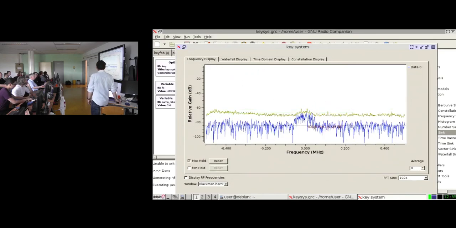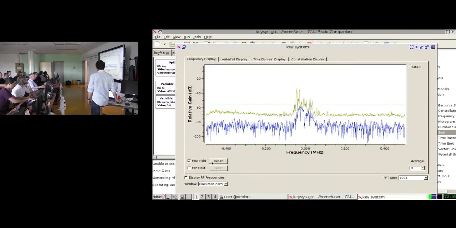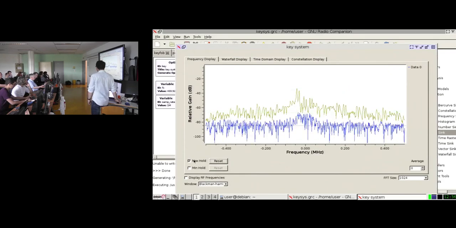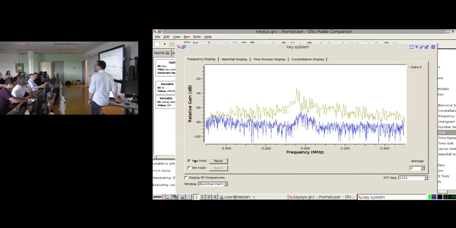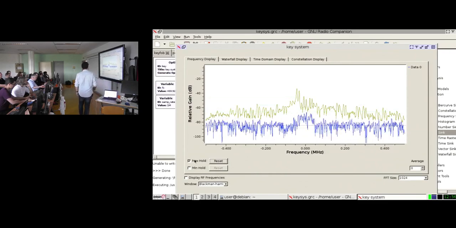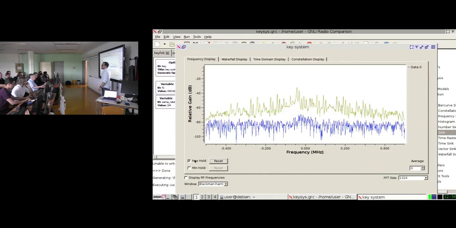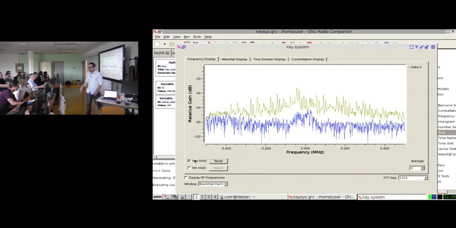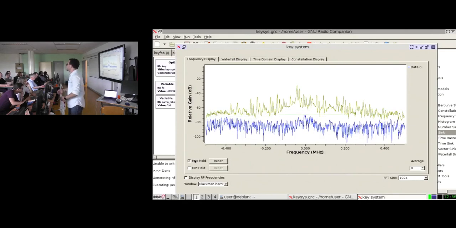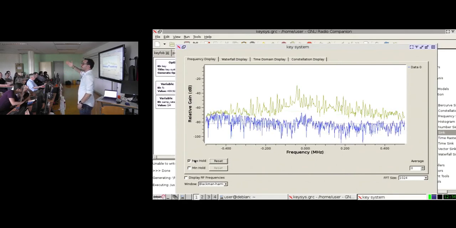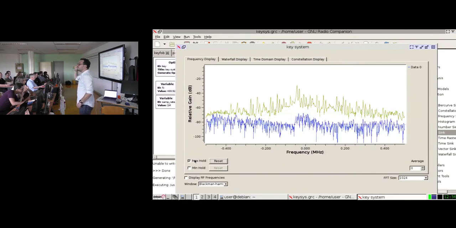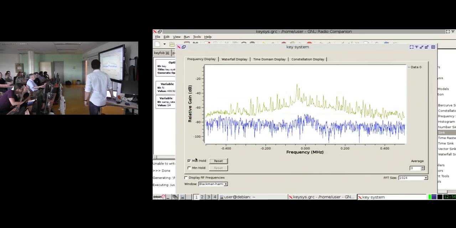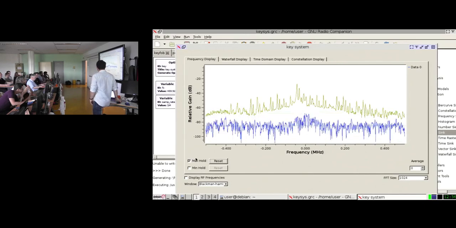Also on the frequency display, you should have something that looks like this. So what I advise you to do is to click on the max hold here. What this is going to do is keep the maximum value seen here for each one of these frequencies, okay? So this is very useful where your signal is going on from time to time. So you don't need to be looking at it all the time. You just see the thing taking up the screen like that, okay? So you see that